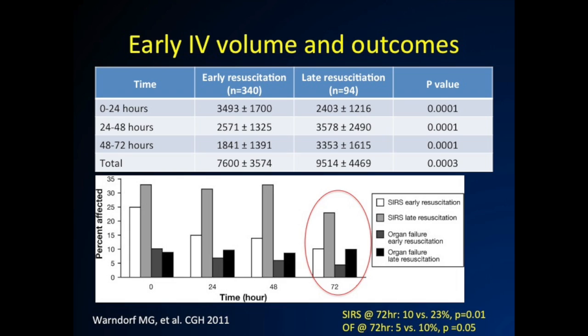if you looked at the presence of SIRS at 72 hours in the people that got early resuscitation, it was significantly lower, relatively small numbers here. And if you looked at organ failure, which is the other big marker of severity, significantly lower. Obviously, it's a retrospective study. You could argue that the people that started getting sicker in day 2, day 3, people started hammering them with more fluids because they weren't getting better, and so it was a consequence that put them into that late resuscitation group. But to my knowledge, this is one of the stronger studies advocating for early IV fluids, and lots of them,